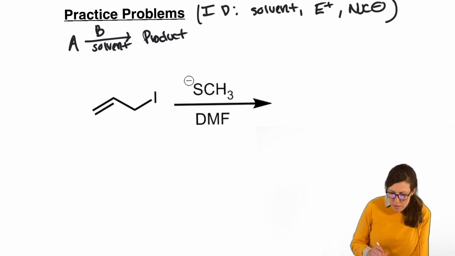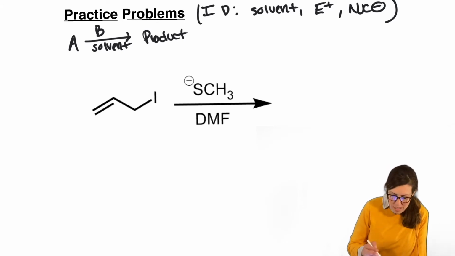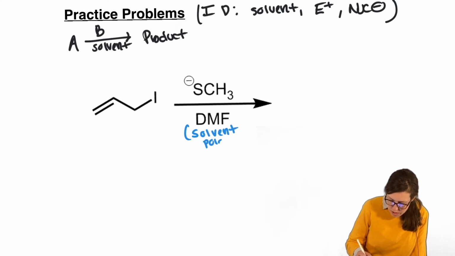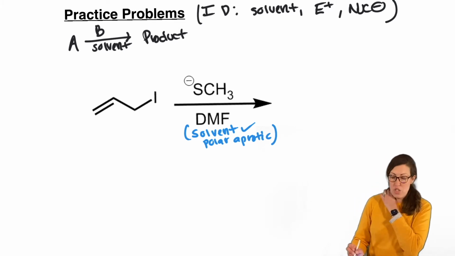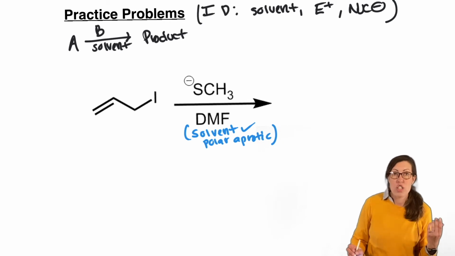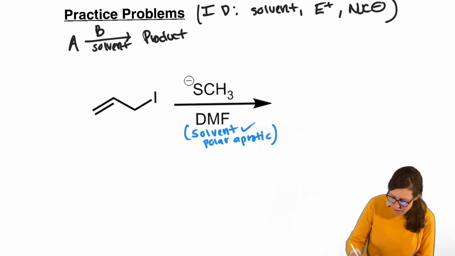So I kind of gave that away if you didn't see that DMF is on our solvent list, dimethylformamide. So it's just going to be our solvent. It is a polar aprotic solvent, which is good for SN2, but that is not our high priority. Like I said, other solvents work. We can't do an SN2 on a tertiary carbon. That is a rule that I use to help us. I make sure our carbon's not tertiary. But you've got to find the substrate first, so I don't want to jump the gun yet. Let's find our substrate. So I found our solvent, our electrophile, which is our substrate.